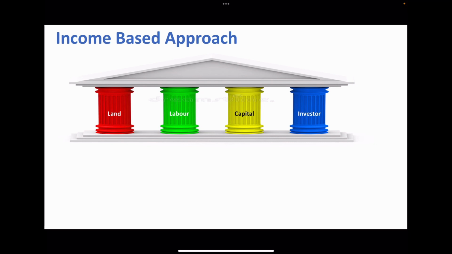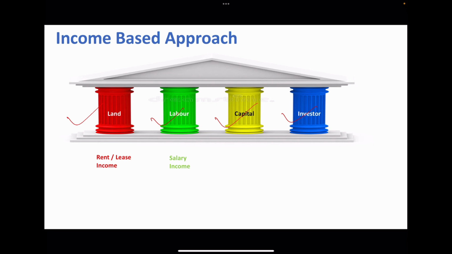Let's consider what the prime elements are in setting up a manufacturing or business unit. They are land, labor, capital, and investor. Land is required for setting up the business unit, and the rent earned by the landlord is basically the income. Then, the laborers who work towards manufacturing of the finished good earn their own salary, and that is their